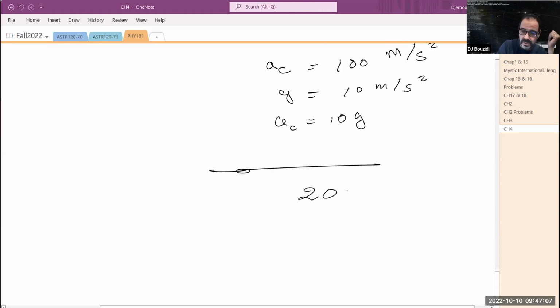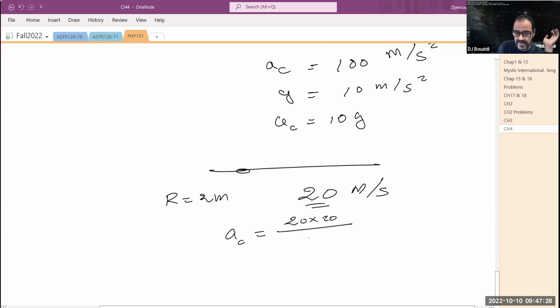So if that person, we're going to call him Crazy Joe, I don't mean anything by it, so please don't refer to any political thing or anything like that. The radius in the first case, we said it's 2 meters, okay? So the centripetal acceleration for this curve is going to be this number squared, which is 20 times 20 squared, divided by 2. If you do the numbers, 20 times 20 is 400, divided by 2, that is 200 meters per second